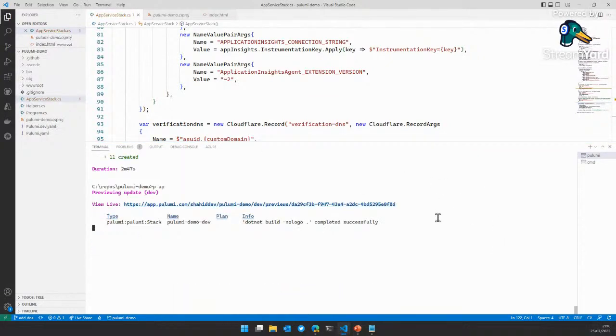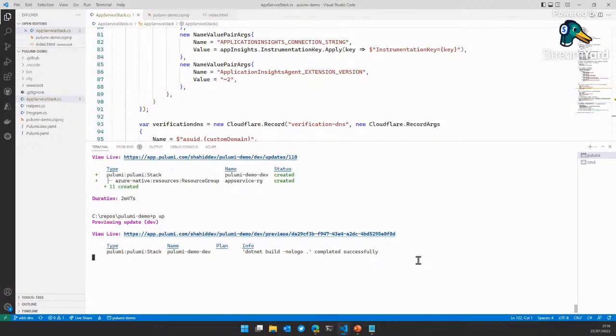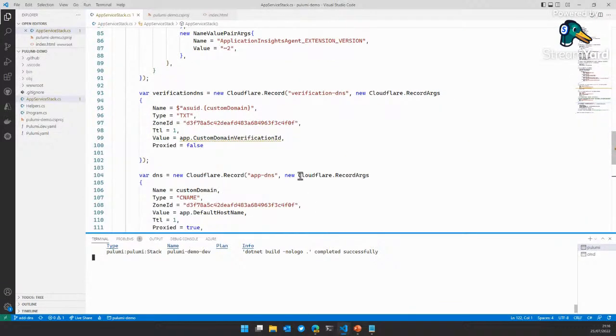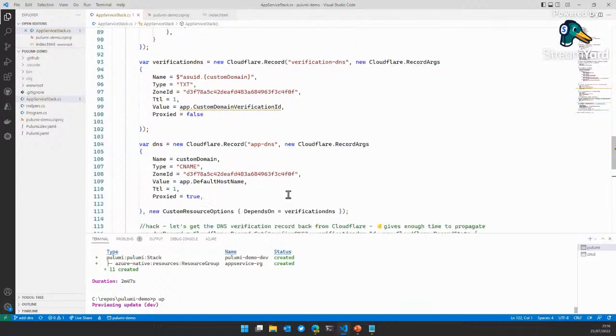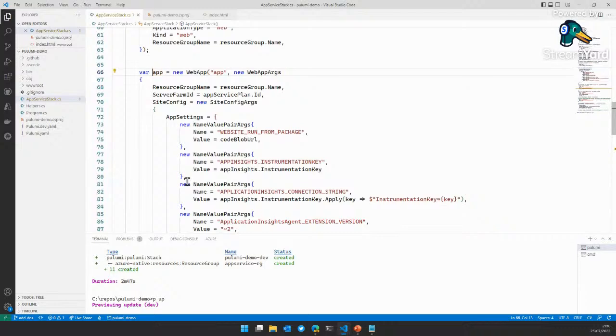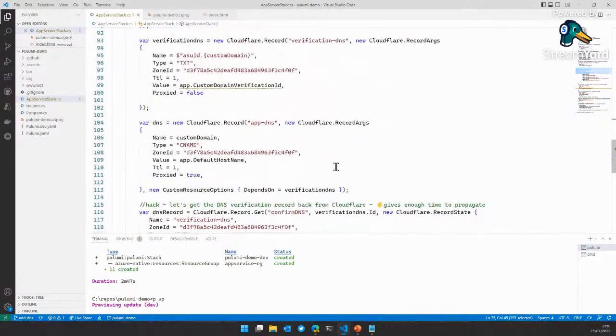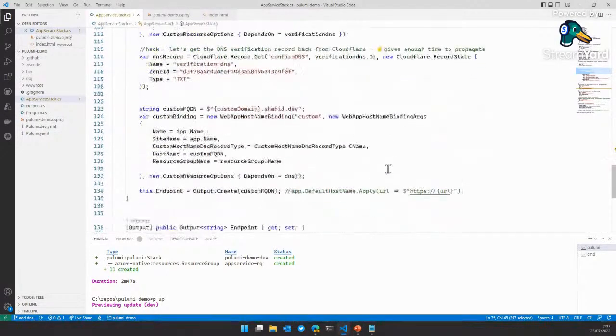The key difference here is what we want to see is, do we have a custom domain from Cloudflare, custom subdomain I guess more accurately, bound to this Azure Web App, so that when we run it, we get a friendly DNS name. And as it's running, I can show you how we can interact with it. Here's me creating a DNS record in Cloudflare, and here's how I get the value for the host name. I'm just dotting into the app. I can Control-click and jump up to the web app where that variable was. It just makes so much sense when you start working with it.